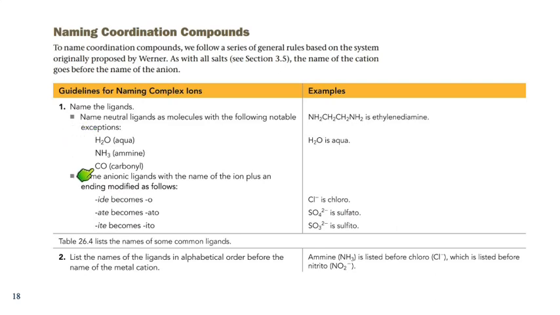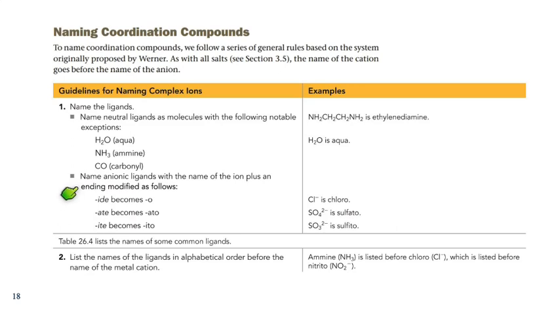These are exceptions that you should be aware of. So instead of saying, hexa water or something, H2O is called aqua, NH3 is called amine, 2 M's, and CO is carbonyl. And then, so you name the neutral ones first, and then you name the anionic ones